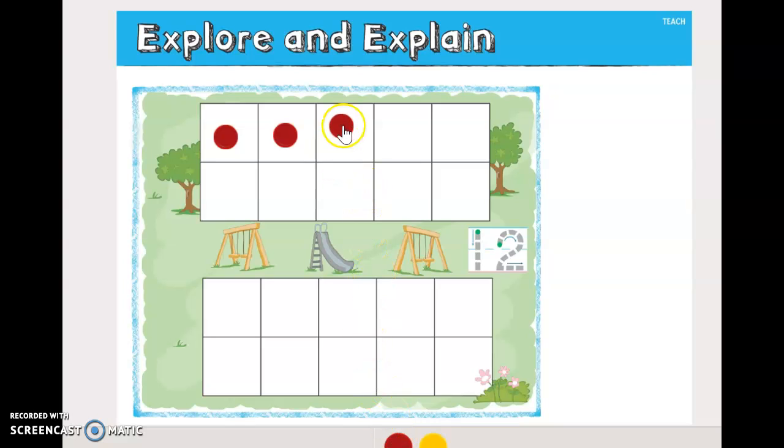All right. 2, 3, 4, 5, 6, 7, 8, 9, 10, and now this is where we have to build beyond the 10 frame, so we have to go to this next 10 frame. 11, 12. Now this is a really easy way to tell that, or actually we need to make 11 first,